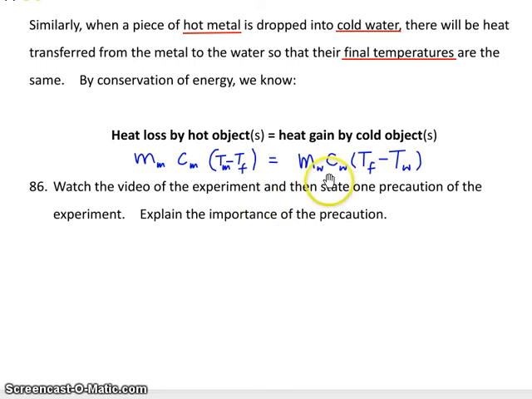So it is mc delta T again, m for the mass of water, c for the specific heat capacity of water, and lastly the change in temperature, represented by Tf minus Tw. You may notice that on the left hand side it is Tm minus Tf, so as to give a positive temperature change, while on the right hand side it is Tf minus Tw, also to give a positive